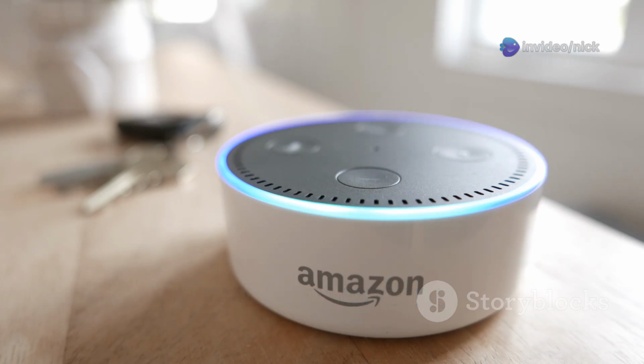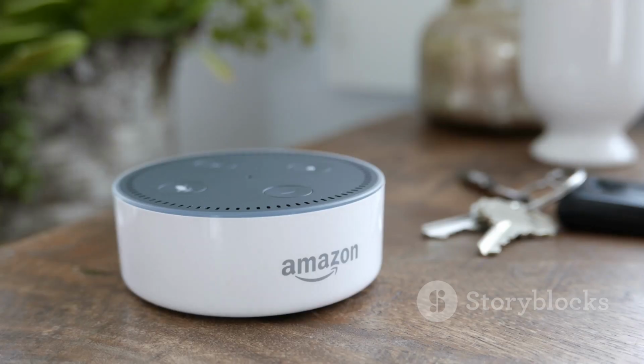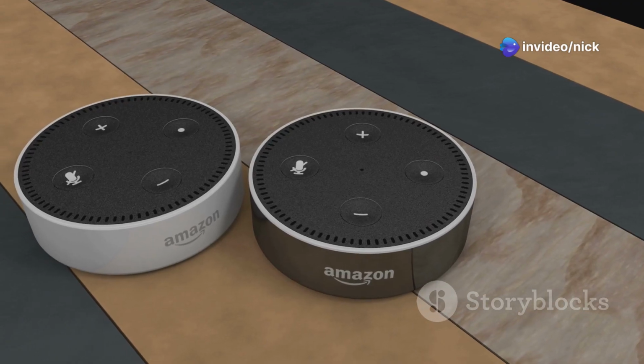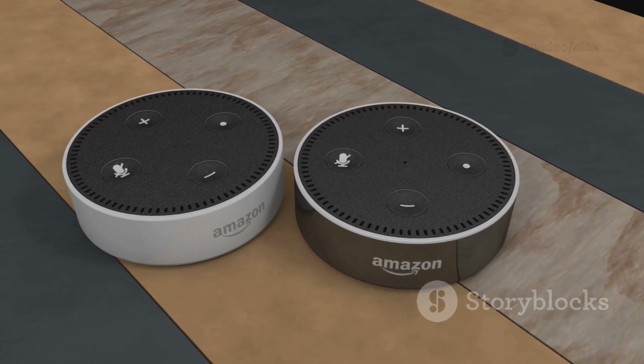First up, let's talk aesthetics. The Echo Spot 2024 rocks this really sleek and modern, almost orb-like design. It's super compact and minimalist, which is perfect if you're working with limited nightstand real estate. You've got a few different color options to choose from, so you can definitely find one that matches your bedroom